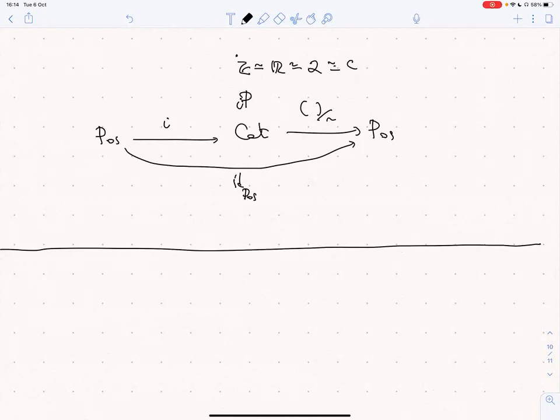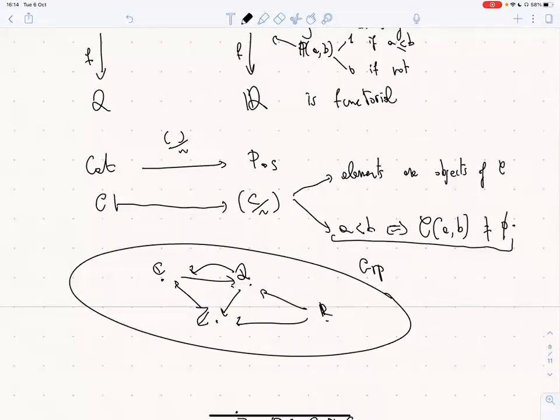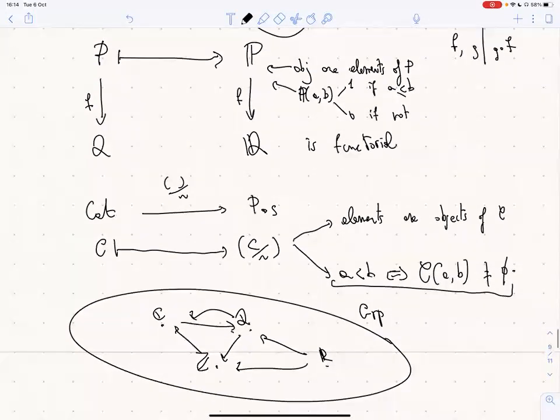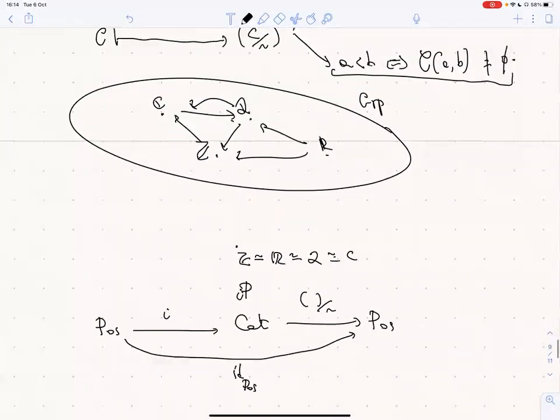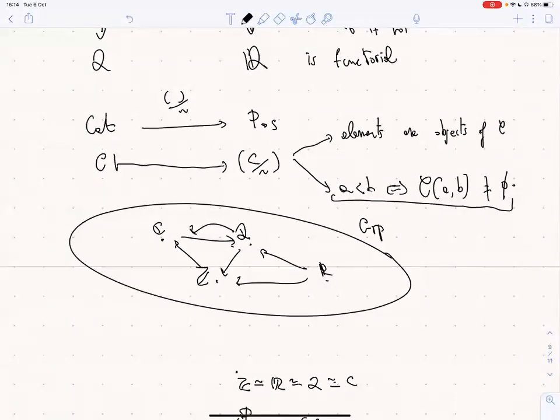I just wanted to ask, with this previous example, when you did this quotient of the category here, because I got the impression that from the definition you are not collapsing the objects, right? Yes, you're right. But as I said, you do collapse the objects here because in this way, this is not completely well defined.